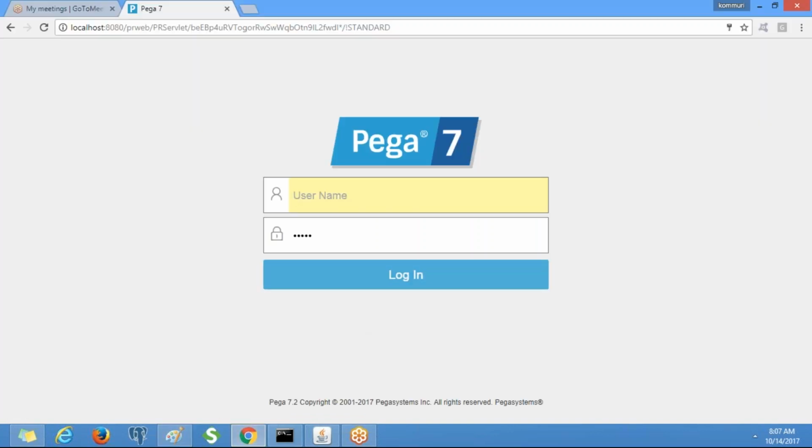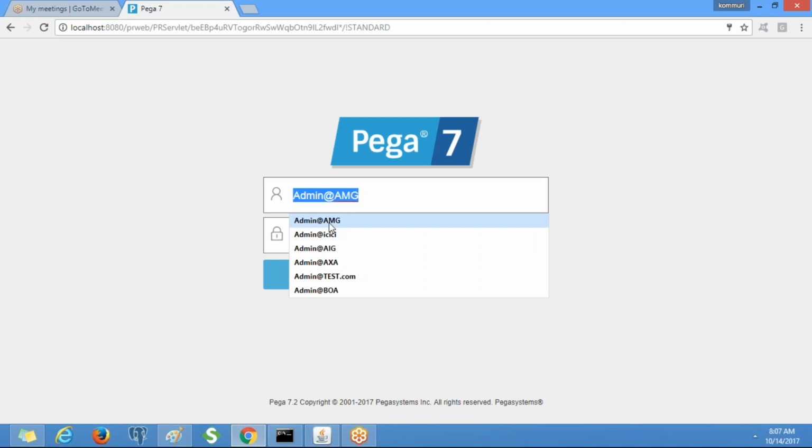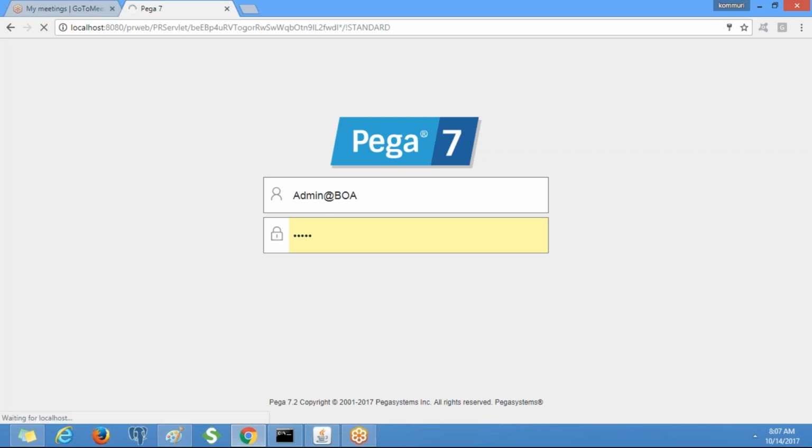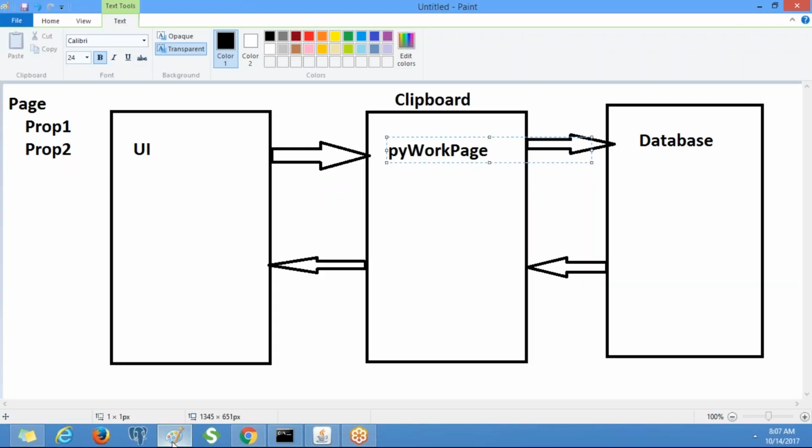So let me log in to the application. Okay, so you note down this diagram.